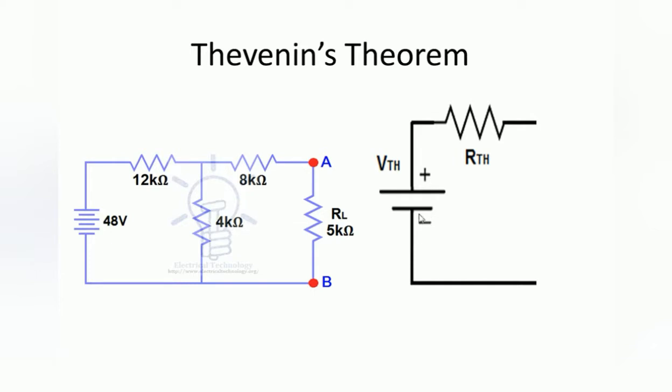After replacing this complex network with a simple network, we just connect the load resistance. In this type of problem, the question will be to find the voltage across the load resistance or the current flowing through the load resistance. That is our requirement. To calculate that load current or load voltage, initially we remove the load resistance. After simplifying the complex network, the load resistance is connected again at the end of the Thevenin's network, and finally by applying Ohm's law, the current flowing through the load resistance can be calculated.